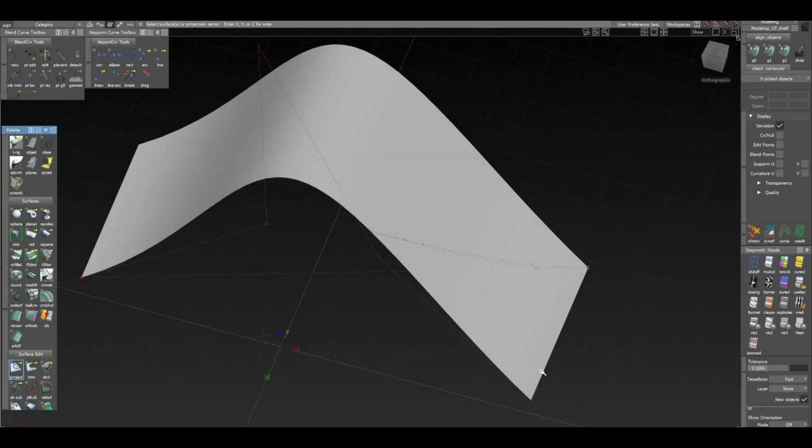Alright guys, sorry about that. I accidentally deleted my surface and I had to recreate it, and then I just recreated the curve on surface here. So like I was saying before,